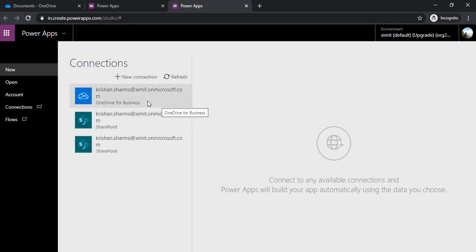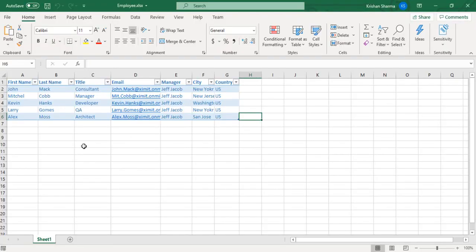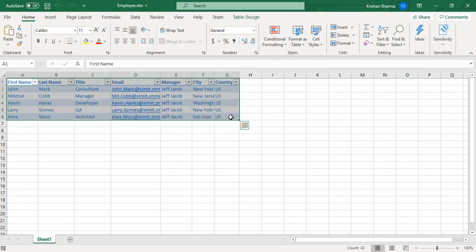You can choose OneDrive, and before doing that I'll show you what data my Excel has. My Excel has just pretty standard employee data: first name, last name, title, email, manager, city and country. You can select the entire data and then click on format table.